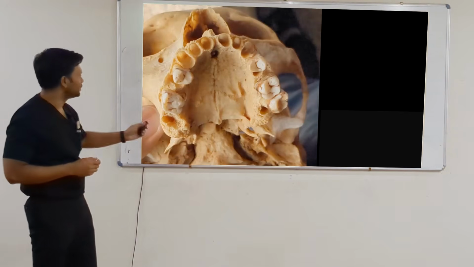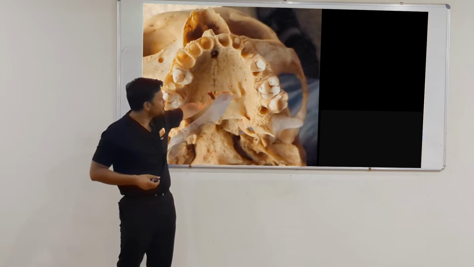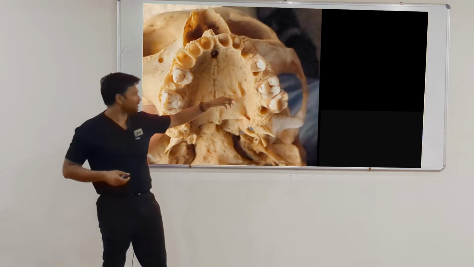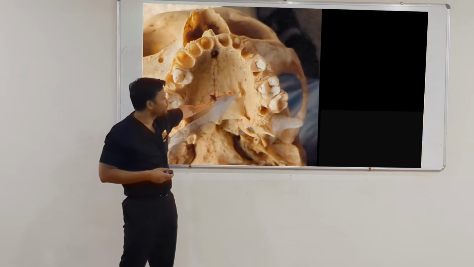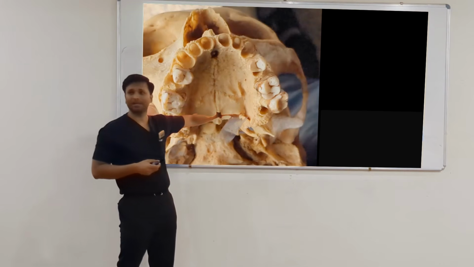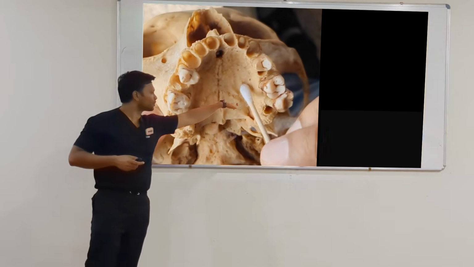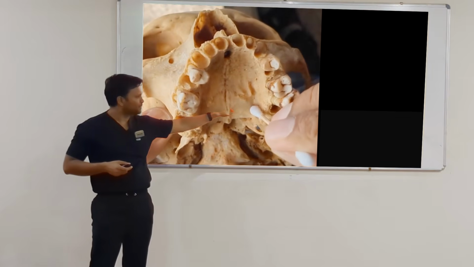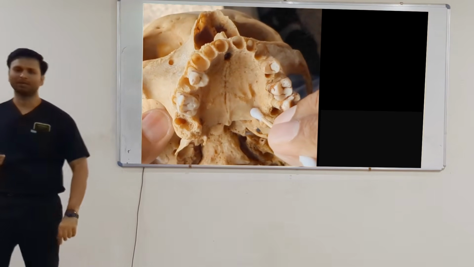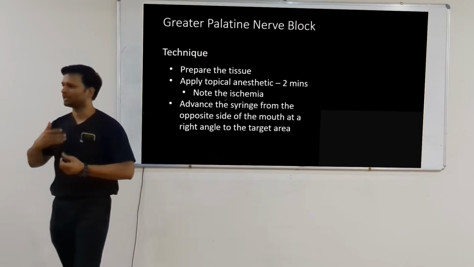I'll just go to the video. So what you're going to do is, this is the alveolar bone, this is the palatine bone in the patient. You're going to start the palpation at this junction with a mouth mirror handle or a cotton swab. You put it here, and while applying slight pressure, you move backward until you feel a depression of the greater palatine foramen. So this is the foramen being shown now. We start the palpation, apply pressure and go back. You'll feel some depression in the greater palatine foramen area. Now that you have located the foramen area, you're going to insert the needle there from the opposite side.